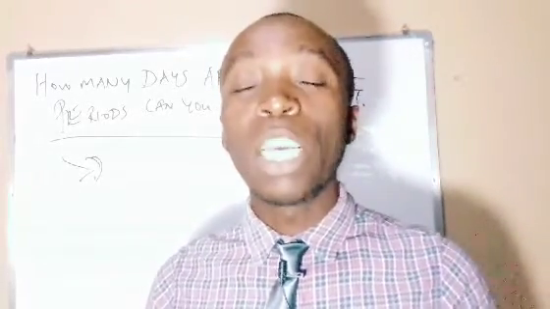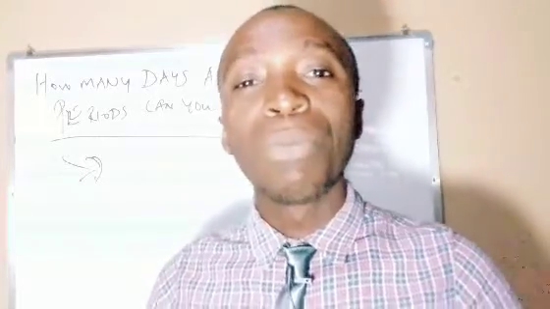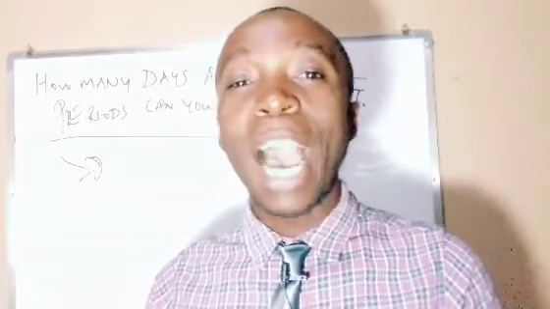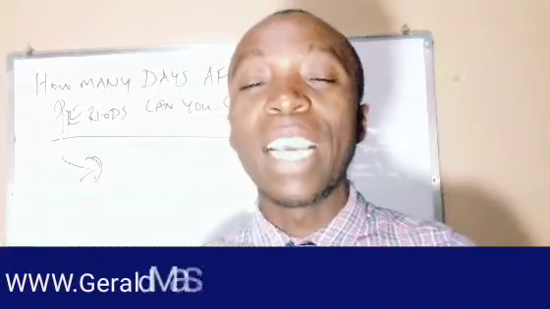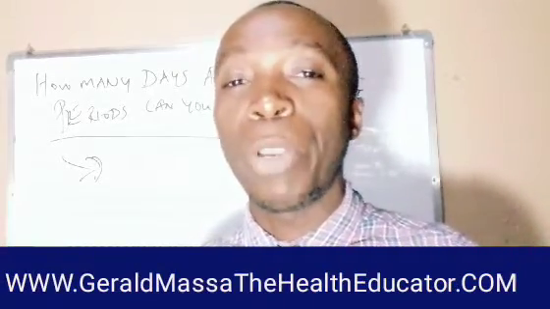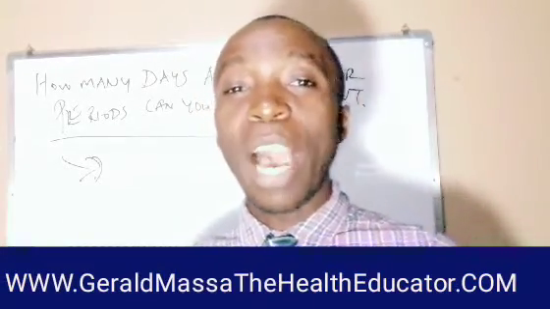So if you see your period today, assuming today is the first day you've seen your periods, and then the next day you're going to see your periods is maybe after 32 days or 34 days or 35 days, then we call that length from the first day of seeing your periods to the first day of your next period your menstrual cycle. So we first of all have to understand how long your menstrual cycle is. How long does it take you to see your periods? Having understood how long your menstrual